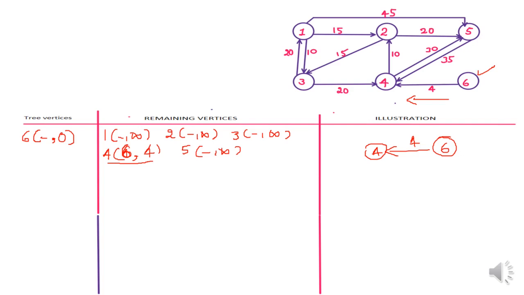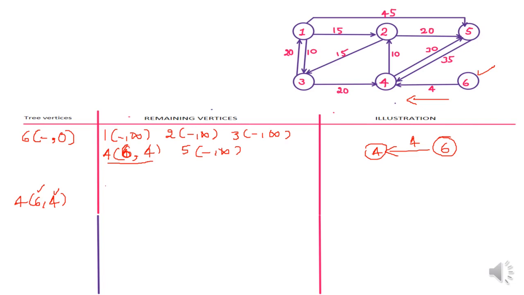Okay. Next, among this, 4 is minimum, we will add it. So here we are going to write its near vertex and the distance. This represents distance and this represents its penultimate vertex. Okay. Now 1, 2, 3, 5. So from 4 you can see it makes an edge in this direction, because finally you want to get an edge from 6 to 4. 4 to 2 and 5 it makes an edge. Only 2 and 5. Rest there is no edge from 4.